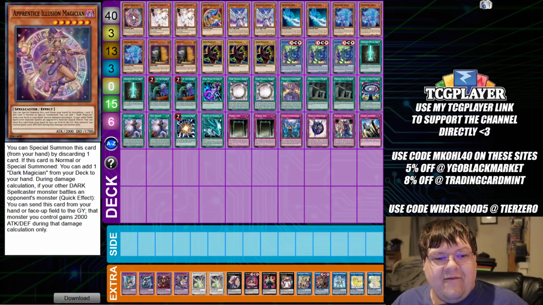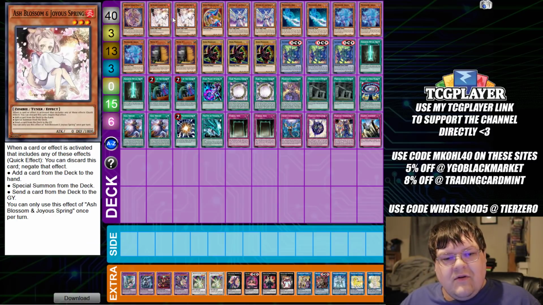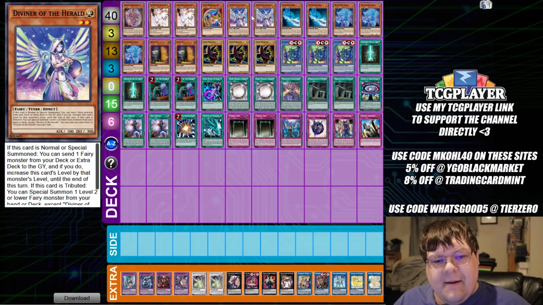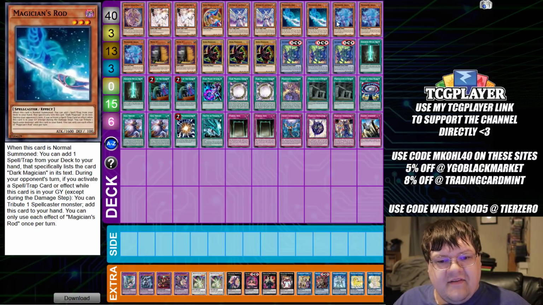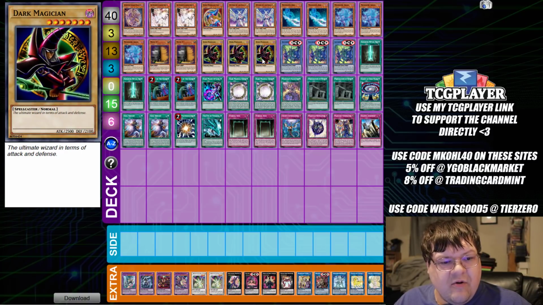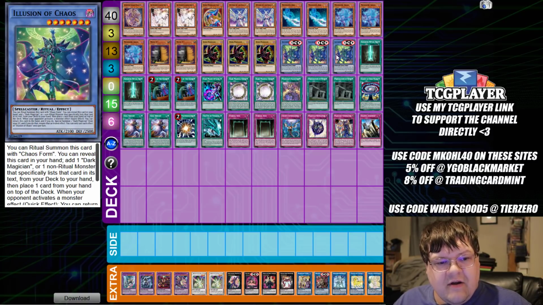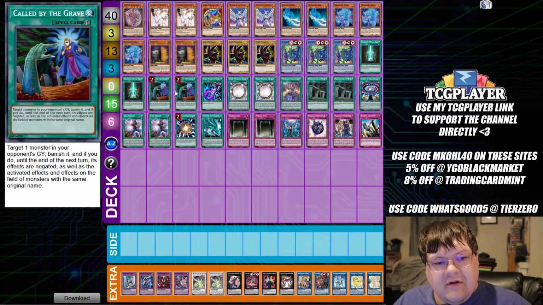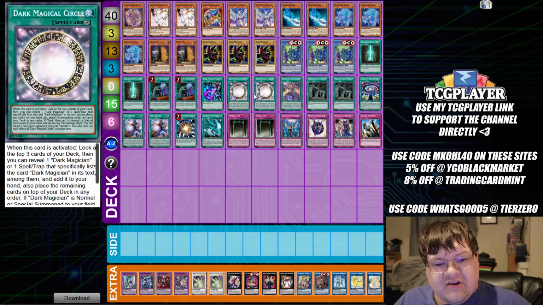Alright, so we have 1 copy of the Apprentice Illusion Magician, 2 copies of Ash Blossom and Joyous Spring, 1 Dark Magician Girl, 2 copies of Diviner of the Herald, 2 copies of Magician's Rod, triple copies of Magician Souls, 2 copies of Maxi, triple copies of Dark Magician, triple copies of Illusion of Chaos, 2 copies of Advanced Ritual Art, 2 copies of Called by the Grave, 1 Dark Magic Attack, 2 copies of Dark Magical Circle,